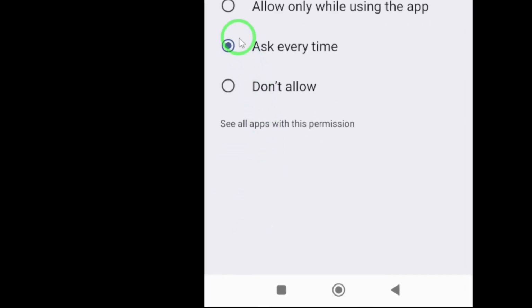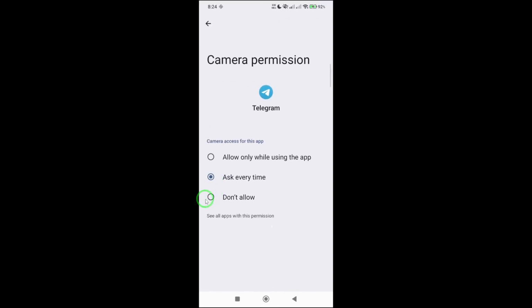To completely block Telegram from using your camera, select Don't Allow. That's it. Telegram will no longer be able to access your camera unless you manually change the setting again in the future. This is especially useful if you want to improve your privacy or prevent accidental camera usage while using